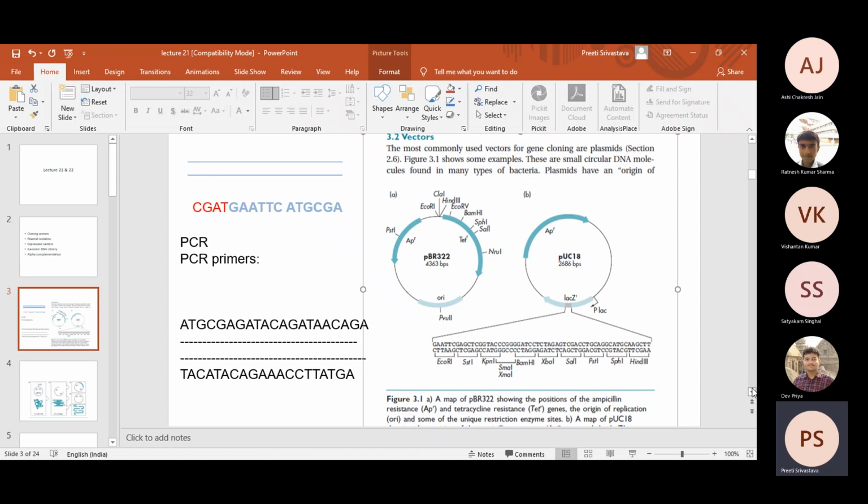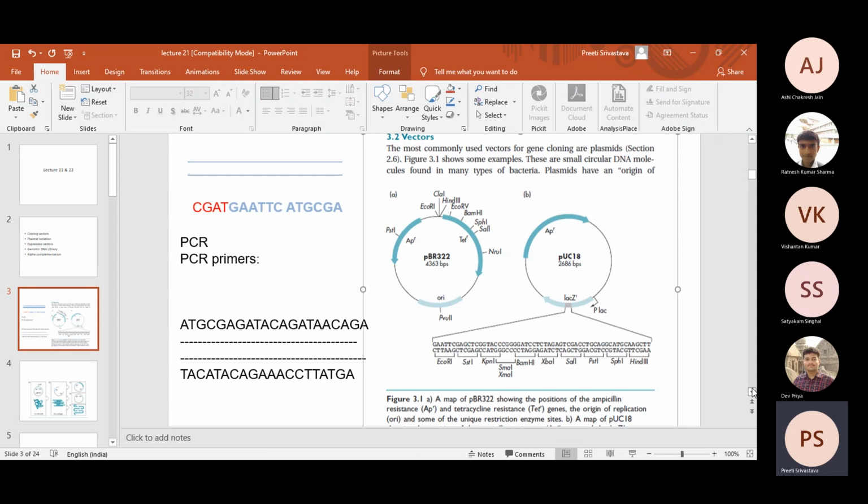So you will have to use some sites in the lacZ, and again you can select, for example, two incompatible sites. For example, you can select BamHI and HindIII. You can select KpnI and PstI. Any of these enzymes would do. And this point you need to understand carefully, everybody, that when you are using KpnI and SphI, or SmaI and HindIII, BamHI and HindIII, in such cases we cannot have self ligation possible, right? Because the ends generated by BamHI are not compatible with the ends generated by HindIII.